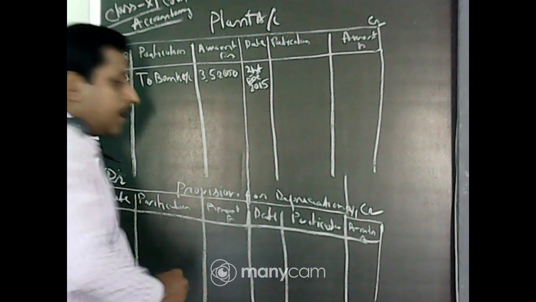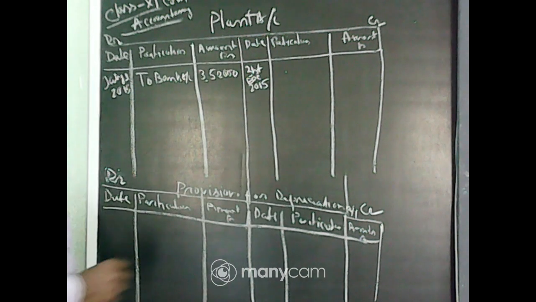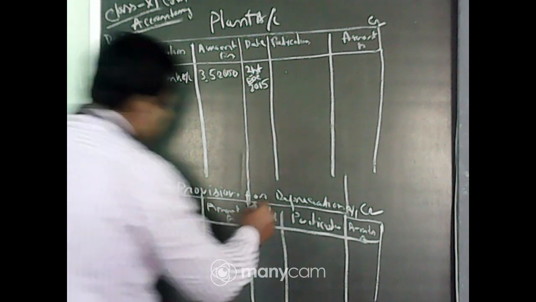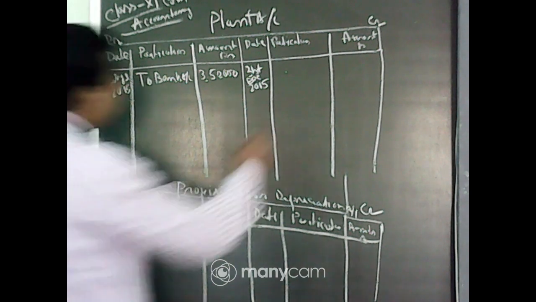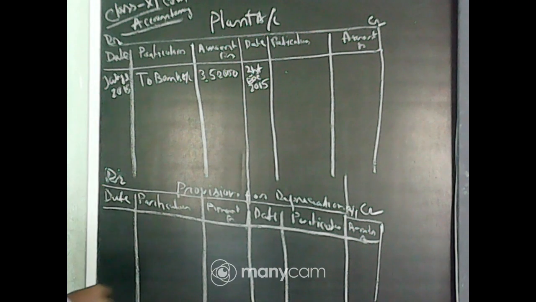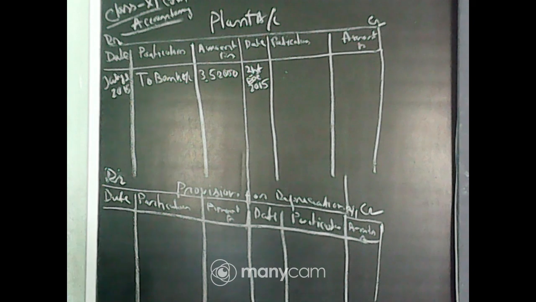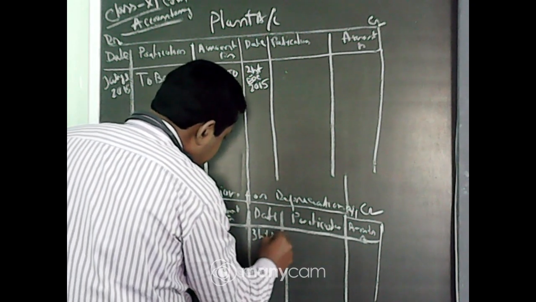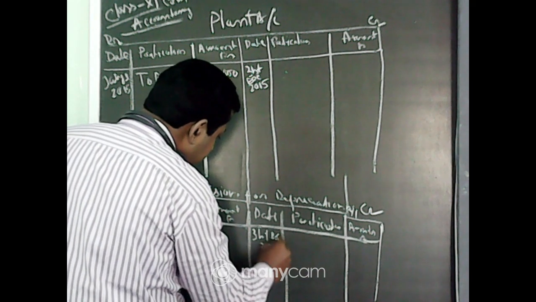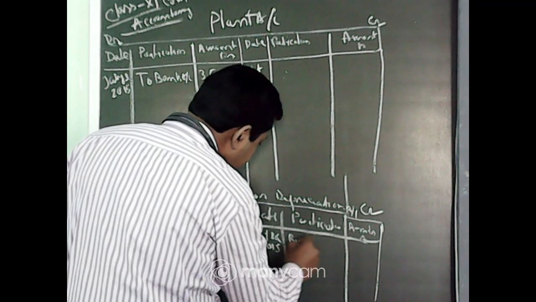Now, whatever we have done before is that we charged depreciation in the plant account, but when we open the provision for depreciation account, another name for which is accumulated depreciation account, we will not charge the depreciation here. We maintain only the original cost of the machine in the plant account. So where do we charge the depreciation? Depreciation will be charged in the provision for depreciation account, and that date is 31st December 2015. Depreciation account debit to provision for depreciation account by depreciation.